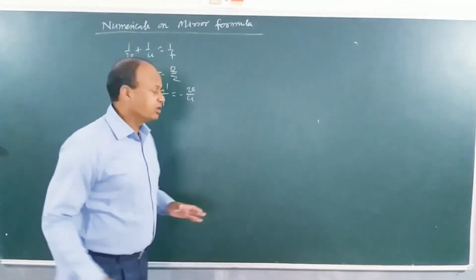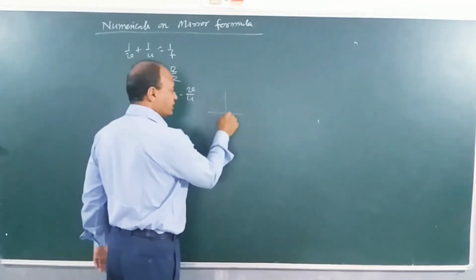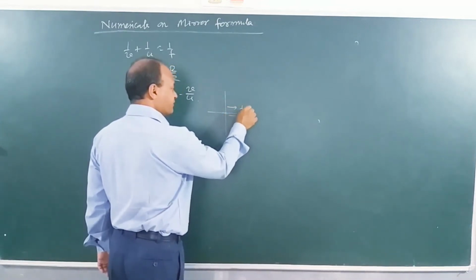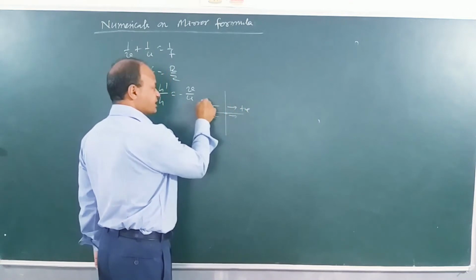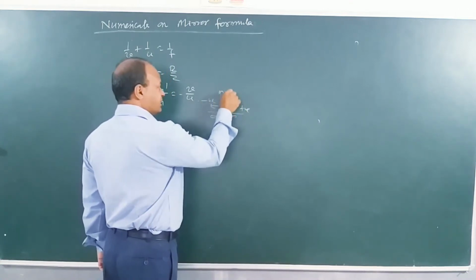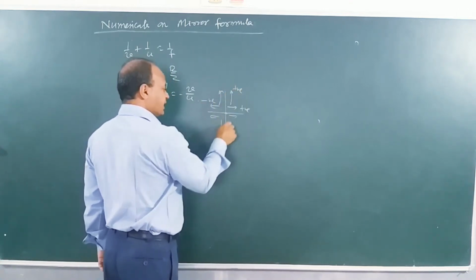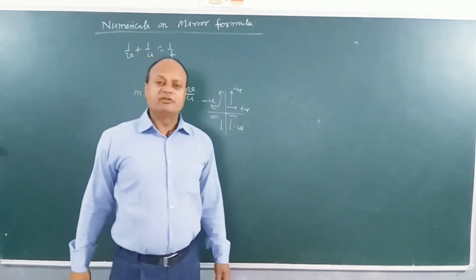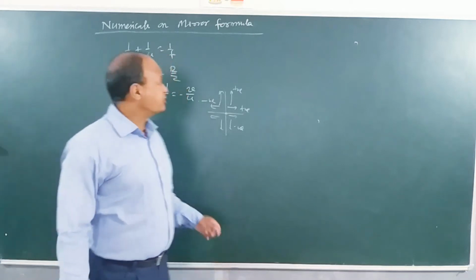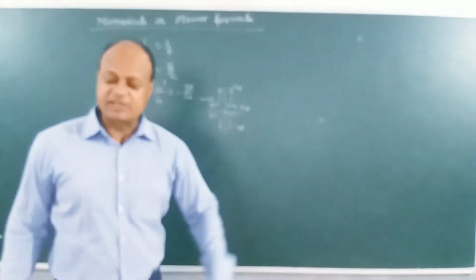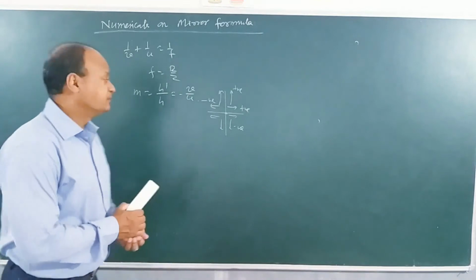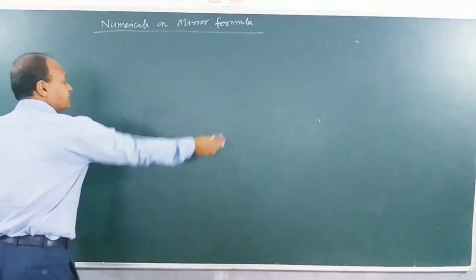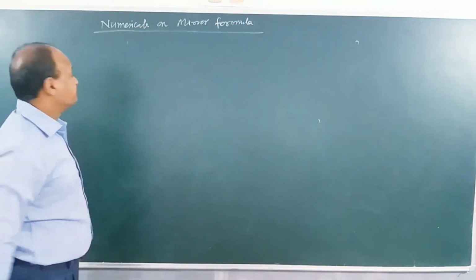Once again, we recall all the distances are measured from the pole. This point is called pole. Distance on the right will be positive. Distance on the left will be negative. Distance above will be positive, and distance below will be negative. So we keep all these sign conventions in mind when we discuss applications of the mirror formula. We will see some typical numericals on this, and then we will understand how we apply this formula. We will see a typical question.